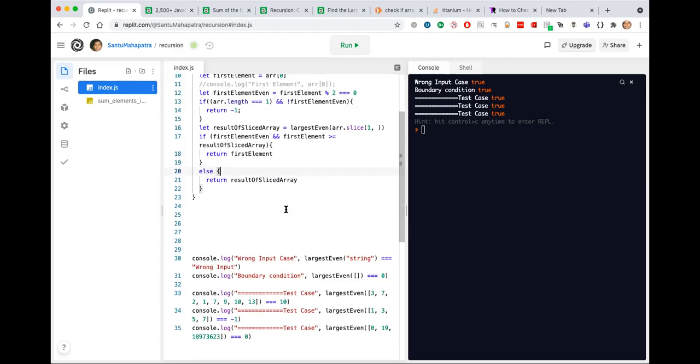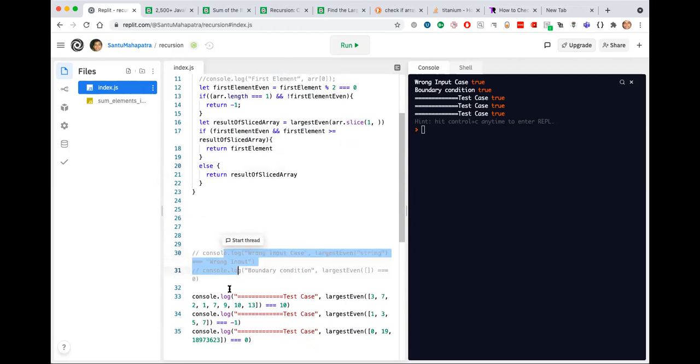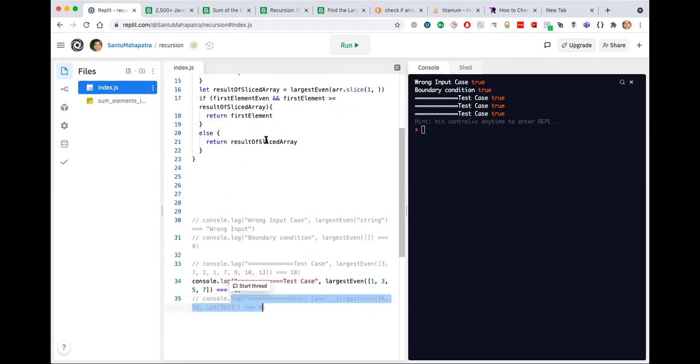So just to demonstrate, I will only take one test case, which is the -1 test case, and we will print that out.